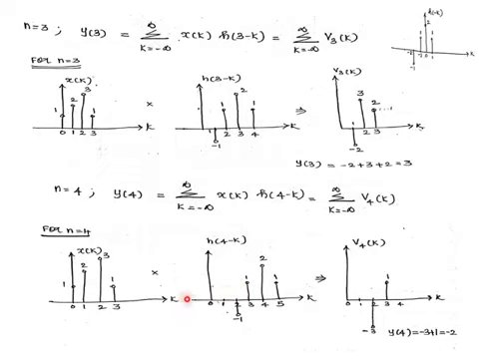Then you multiply these two sequences. And if we examine this, the common time instances for both the signals will be 2 and 3. And at k is equal to 2, its value is 3. Here its value is minus 1. So the product will be minus 3. K is equal to 3. The value here is 1. The value here is 1. Product is 1. If we sum up these two, it will be minus 3 plus 1, which is minus 2.